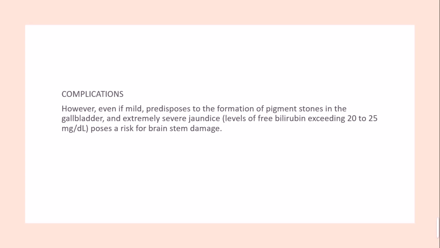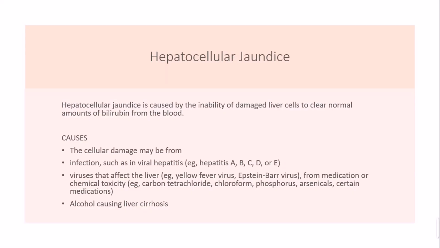So it can damage your brain stem and cause some other neurological disorders along with it. Then hepatocellular jaundice, which is caused by the inability of damaged liver cells to clear a normal amount of bilirubin from the blood. Hepatocellular, as we already saw, is associated with your liver function. So here the liver function is diminished and there is inability of your liver to clear the normal amount of